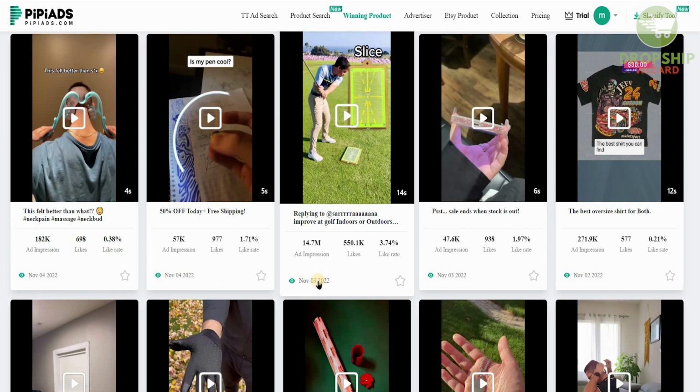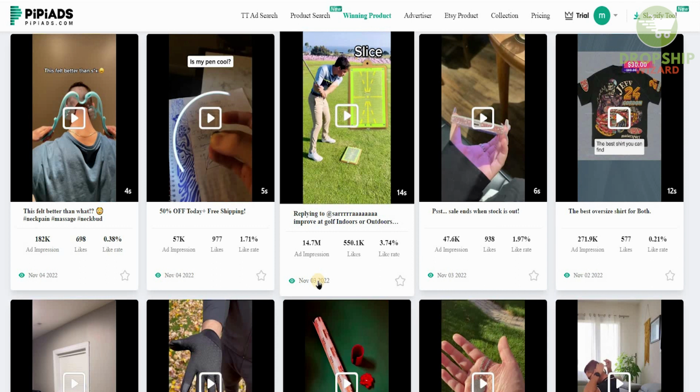Now, the thing over here that I want to mention, which is very important, and you should stick to this principle, is that you should never do promotions yourself. The reason for that is there are a lot of individuals right now on TikTok, on social media, that are already promoting a lot of different products, and you can easily piggyback on those ads and on those promotions and actually get a benefit from it.